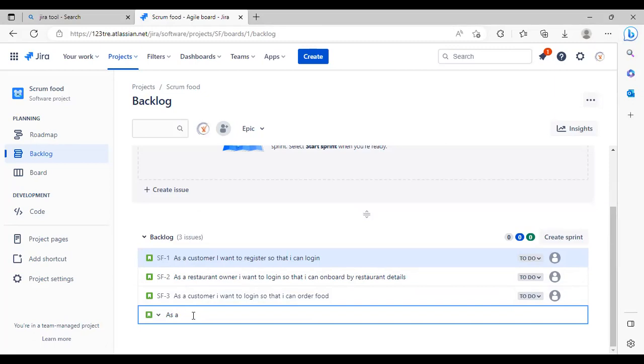So then how can we create a user story? The product owner will give the brief description of these user stories. He knows the product knowledge, and he will gather all the requirements. Okay, and he will write the user stories here. Okay. As a customer,